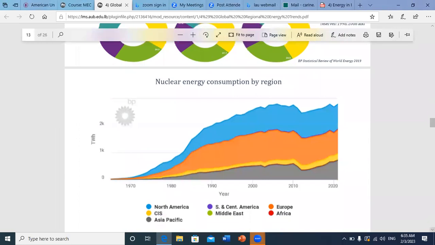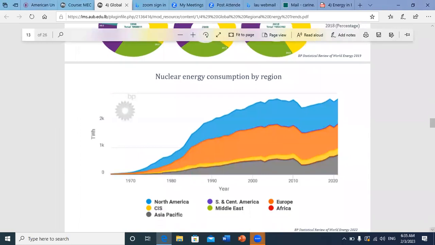Now, concerning nuclear energy, consumption is showing an increasing trend until nearly 2010, and a very fast increase along the 90s. Okay, but after the 90s we started to observe a status quo, with a small rate of increase, because of political issues mainly, and because of the safety issues, and we know that nuclear energy is really risky, and we are trying to avoid